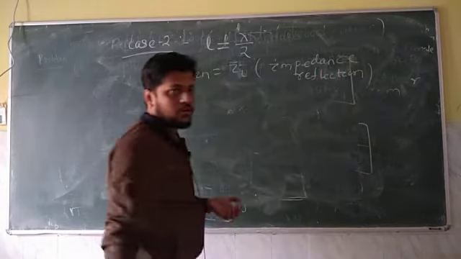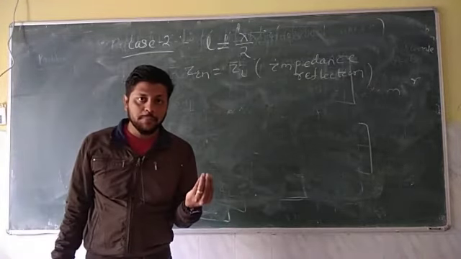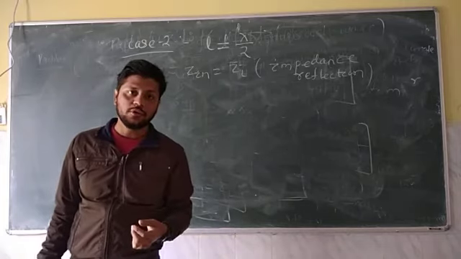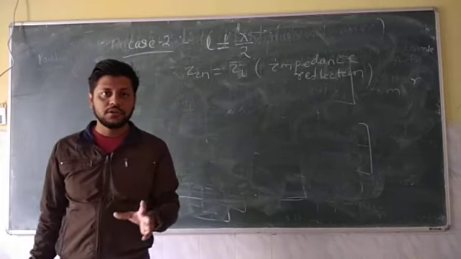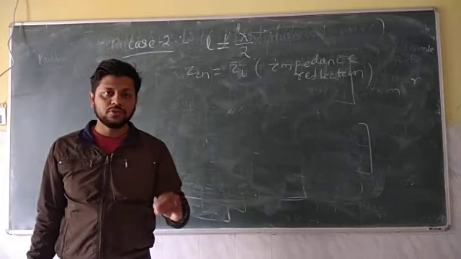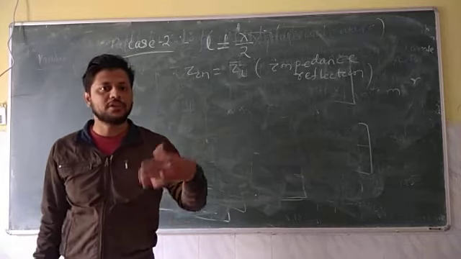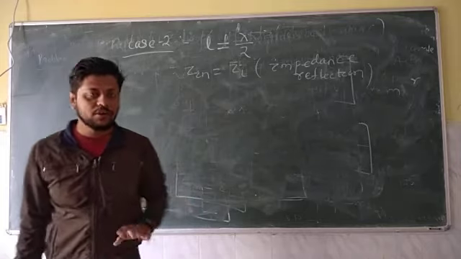So this condition you should remember: the length of the transmission line for impedance reflection to take place. That is the condition, length must be equal to half of the wavelength, that is lambda by 2. This type of MCQ, multiple choice question, they will ask you in your exam. For a quarter wave transmission line impedance inversion takes place. For a half wavelength line impedance reflection will take place.